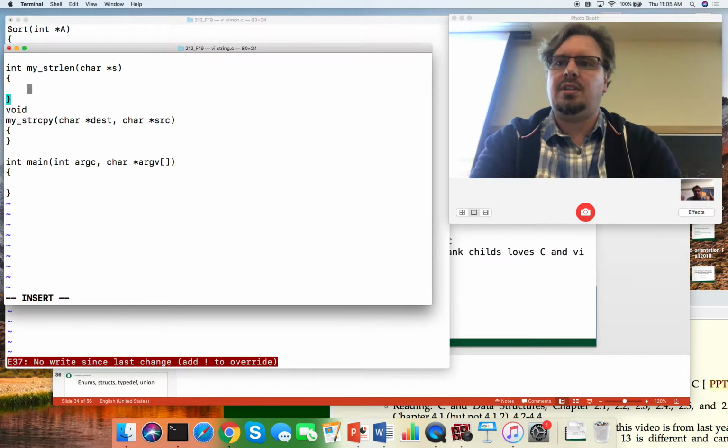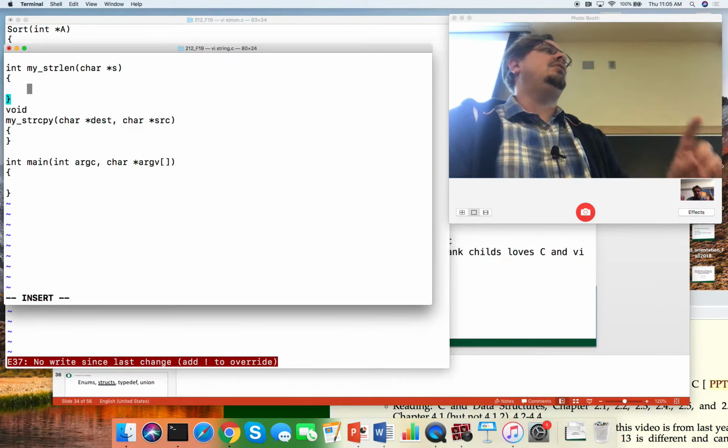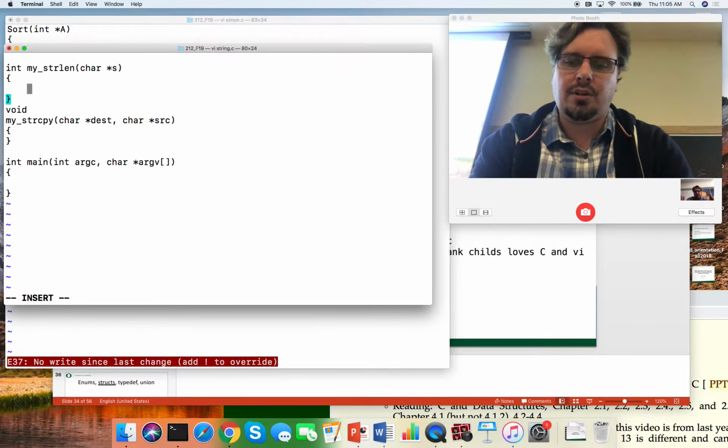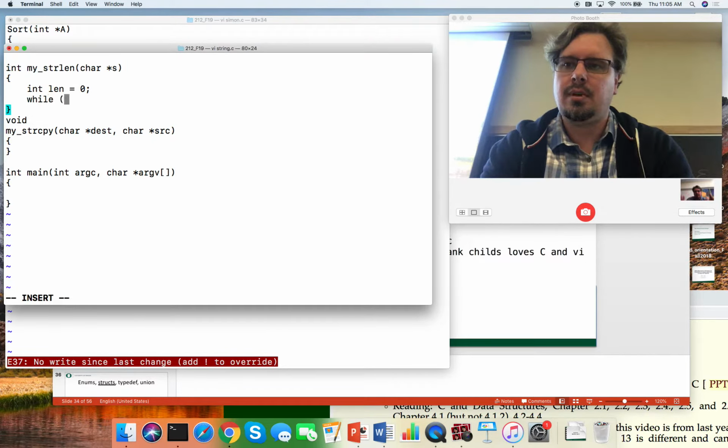So this one's easy. Well, it's not easy. I'm sorry, I don't mean to say it's easy. It's easy if you're familiar with C and pointers and changing around pointers and so on. But I want to show it. So here's a length of 0, while